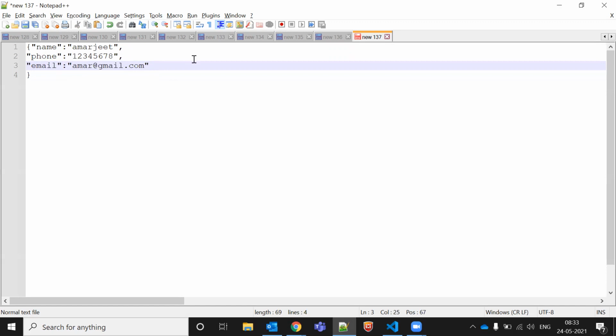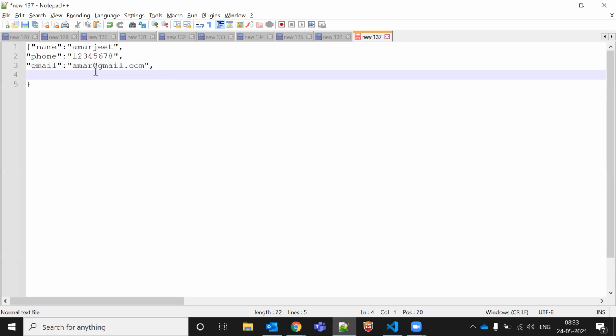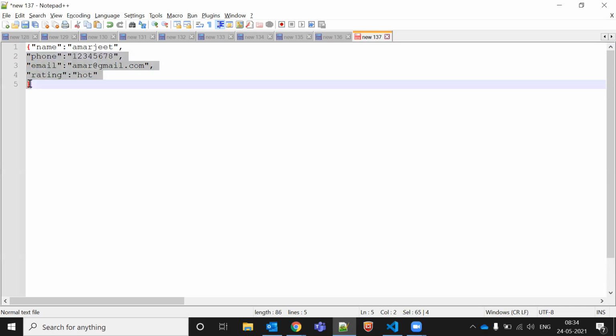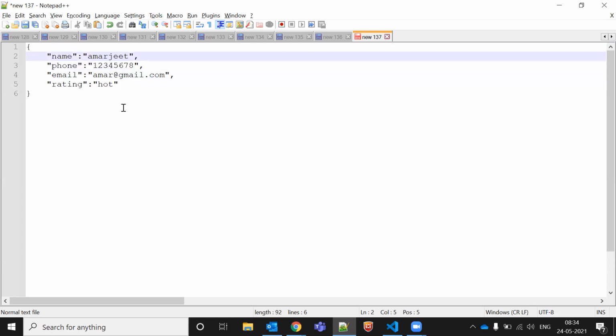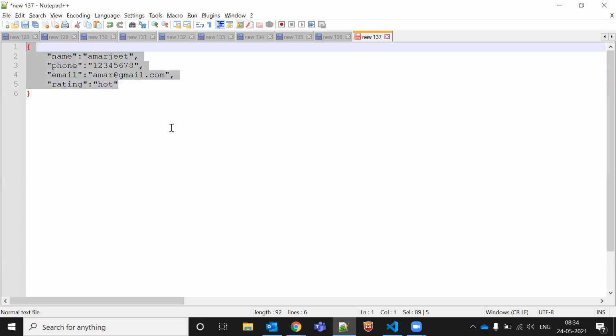At the end, like JSON, there should not be a comma. If you have some further variables and you want to pass some value, you can do it like this. Otherwise, if you don't want to, no need to do anything. Let's say rating and all, so you can pass the rating. Okay, so this is my JSON format actually. We'll do these things while doing the integration as well, but yes, this is the understanding of JSON.